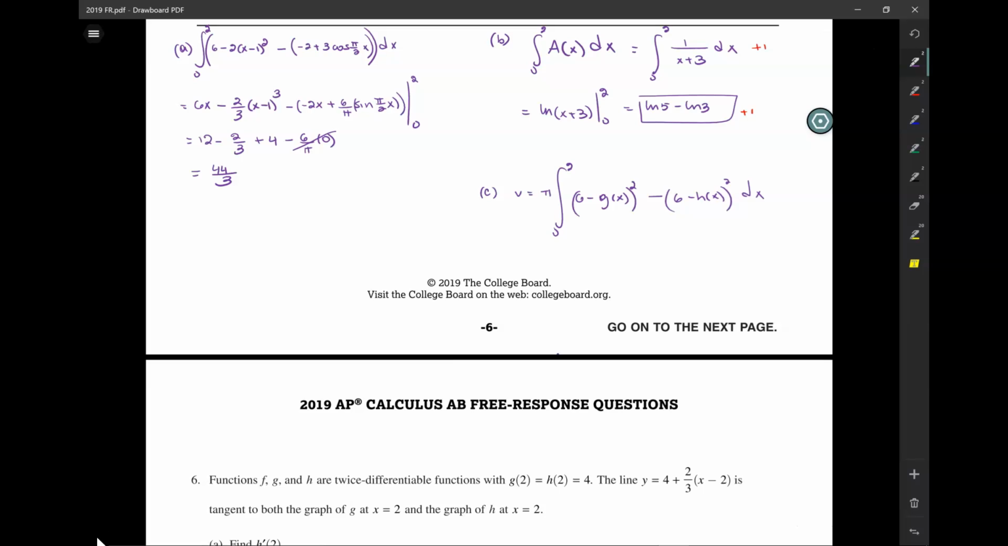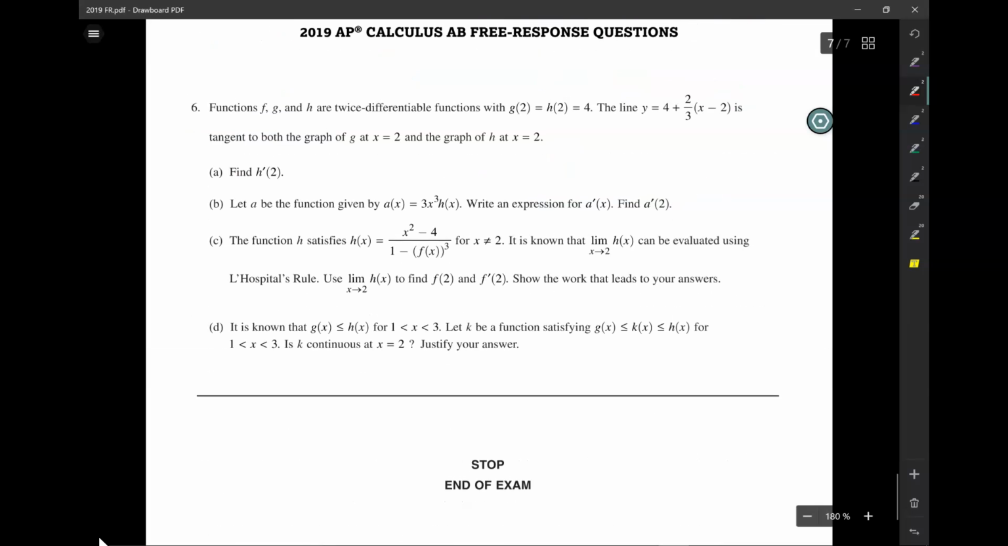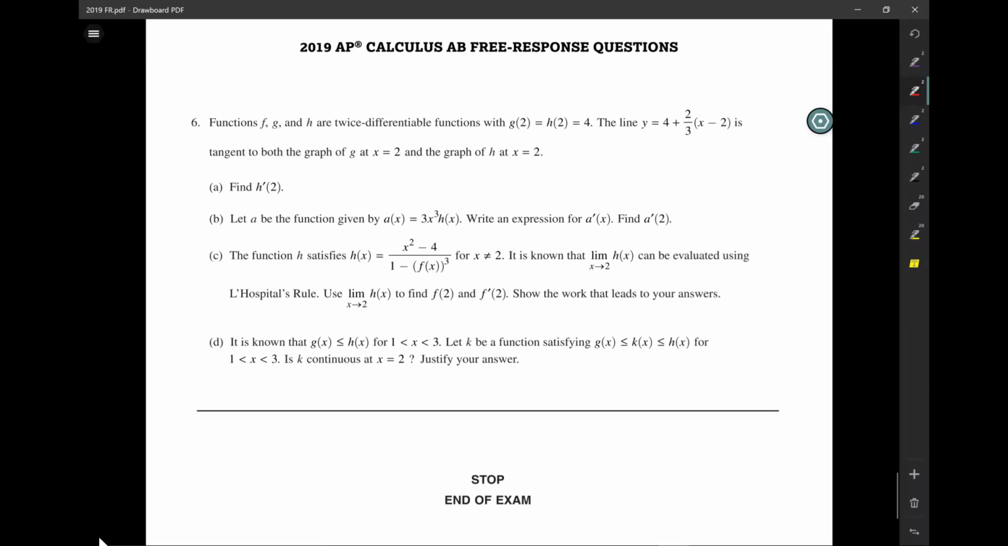Here you are awarded 3 points, and it was basically 2 for the integrand and 1 for the limits and the constant. So these two together, you get plus 1, and then this is fine, and equivalent forms of this is fine. Okay. For number 6, functions f, g, and h are twice differentiable with g of 2 and h of